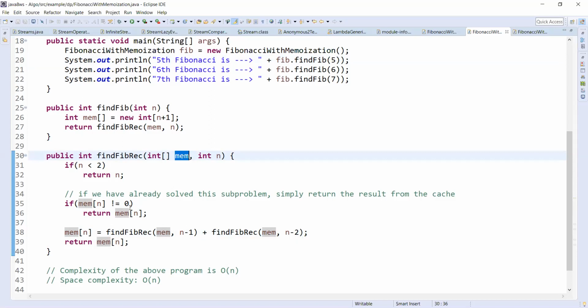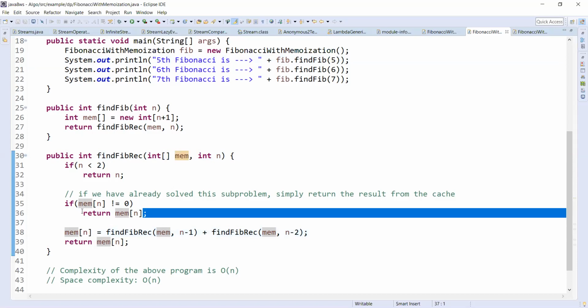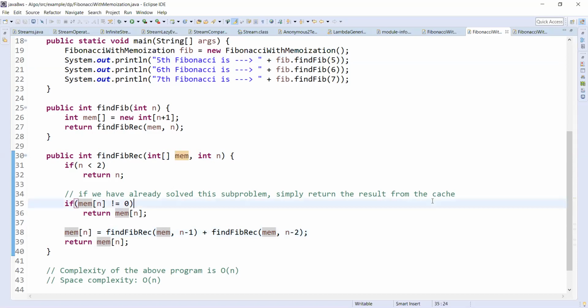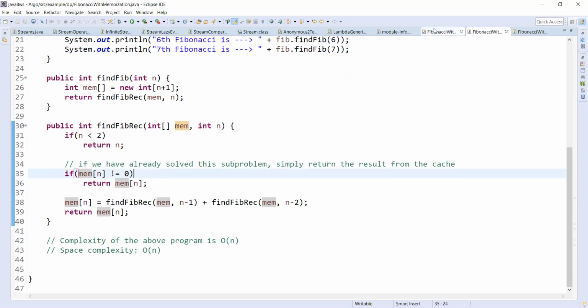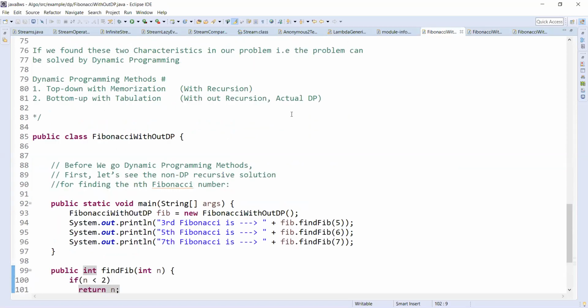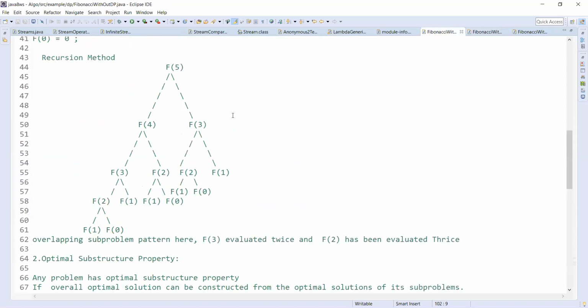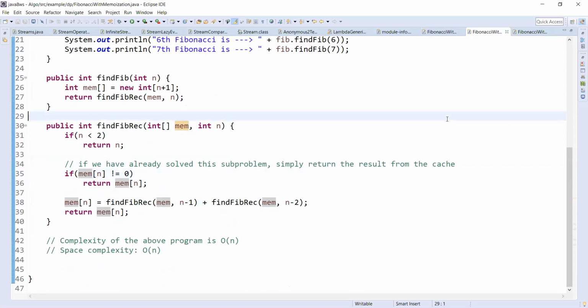Coming here, 3 is already saved, so we return from there. You can follow this using the tree structure. This way our time complexity reduces to order of n, and space complexity is order of n because we are using this extra array.